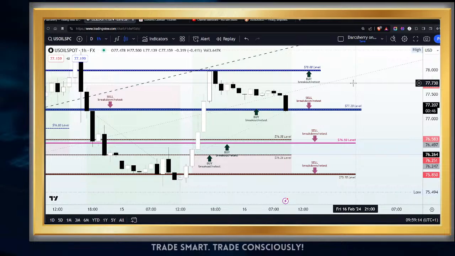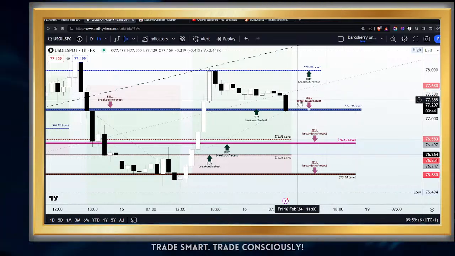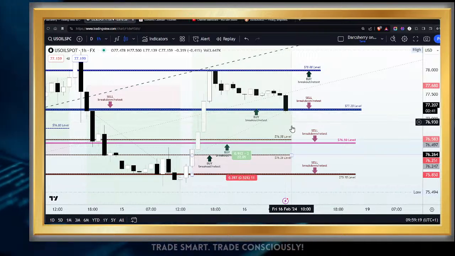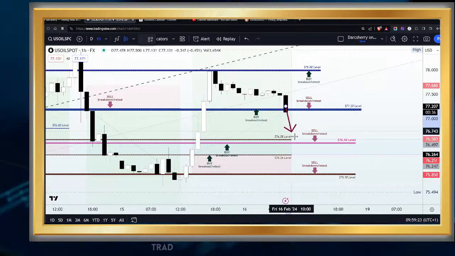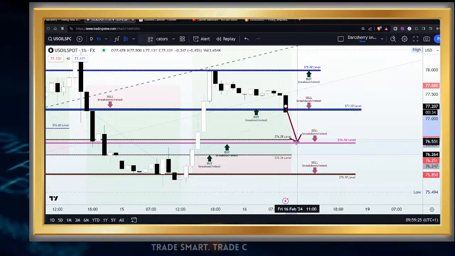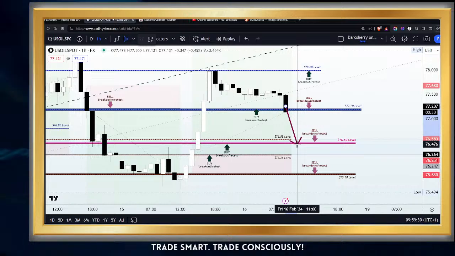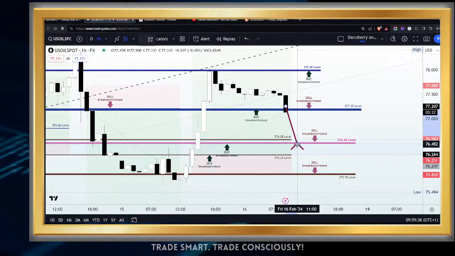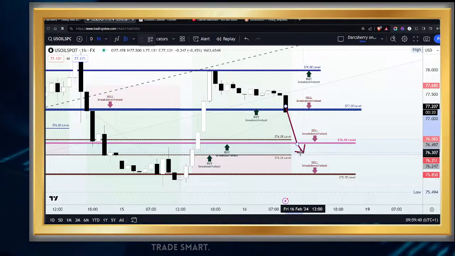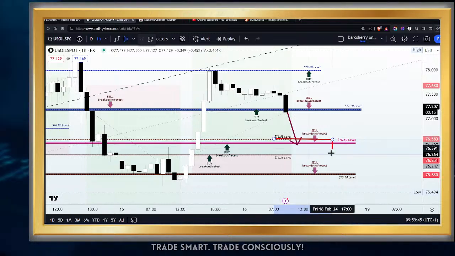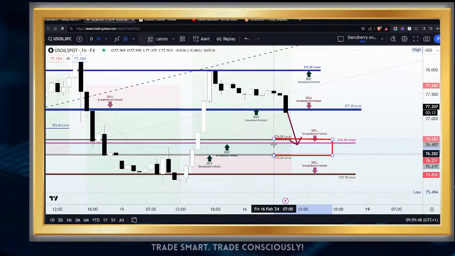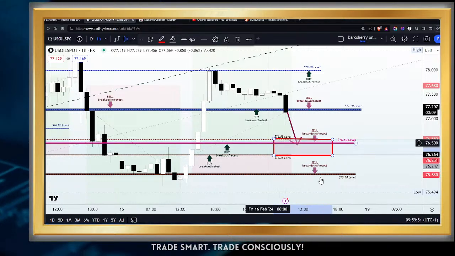Now, there is a caveat as regards the sell position at this point. If this bearish momentum continues to the downside, please, as soon as price gets into that area around $76.60 and the $76.50 area, kindly move all stop losses to protect and safeguard your sell positions, as we do want to see how the market is going to be reacting to this particular structure. That area between the $76.58 area and the $76.26 area is an area we shall be looking out to see how the market will